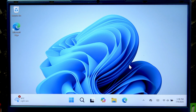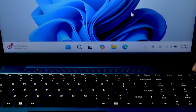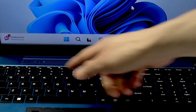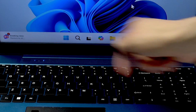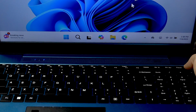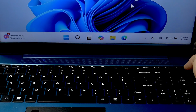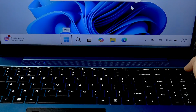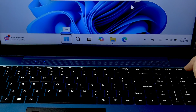Now if you can't use this method, then you can use the force restart option, and to do that you have to press and hold the power button of your device until the indicator above your power button turns off. Usually it takes 10 to 15 seconds of holding the power key. Keep holding it for a while,